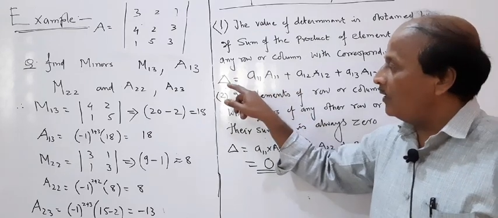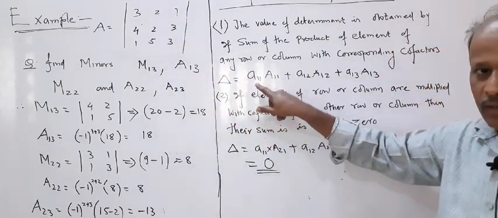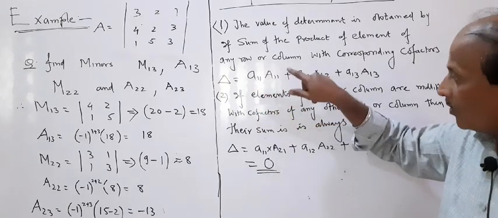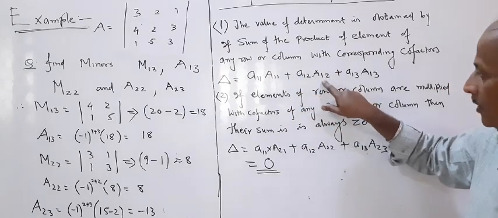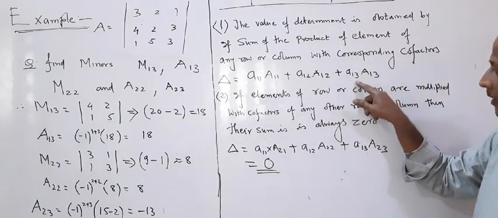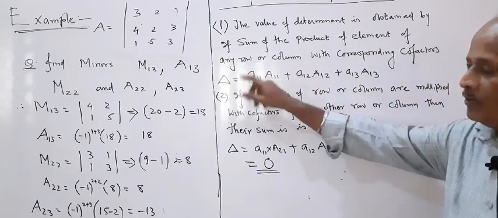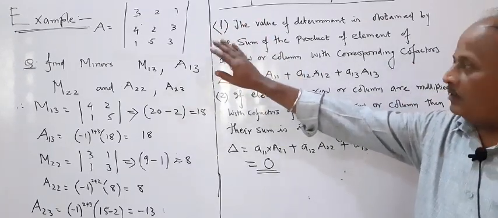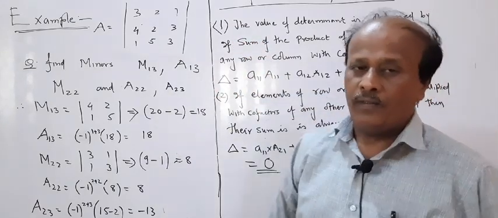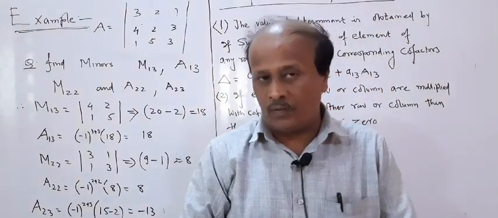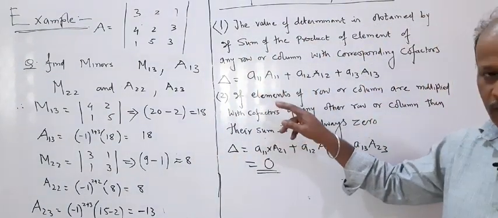Otherwise you remember it symbolically. Del is the value of the determinant. So del is equal to A11, select any one element and its corresponding cofactor, then A12 with its corresponding cofactor, A13 with its corresponding cofactor, multiply and add them up, you will get the value of that determinant. This is obvious also, since from the beginning of the chapter we are expanding the determinant in this way only. But the second property is more important, I call it the second theorem.